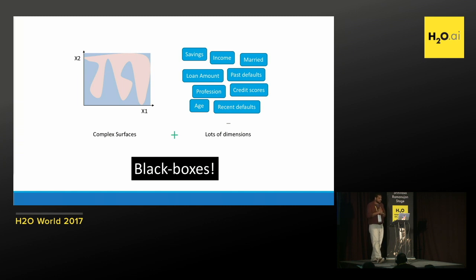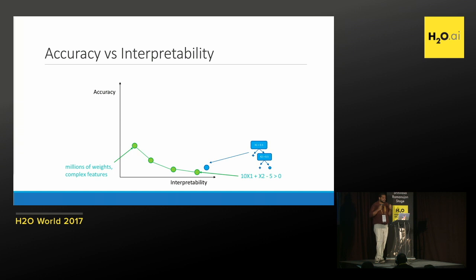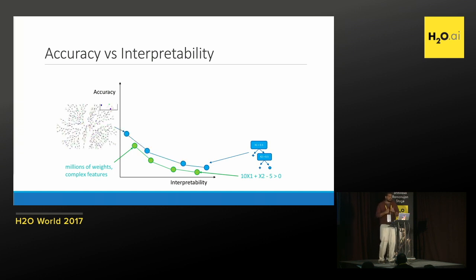Okay, so now that we know machine learning is a black box, let's think about what it means for interpretability. Right? So what I'm going to do is give you a cartoon example of what interpretability of machine learning models looks like compared to their accuracy on these complex data sets. The simple models that I showed earlier would lie somewhere there, right? They're highly interpretable, but incredibly inaccurate, so kind of useless for our task. You can make each of these more complicated and get them to be more accurate, but you're losing interpretability.